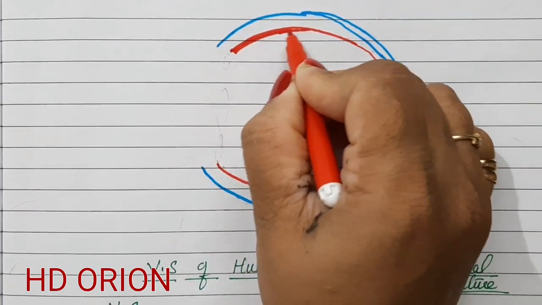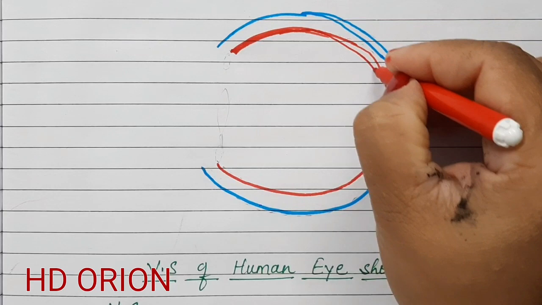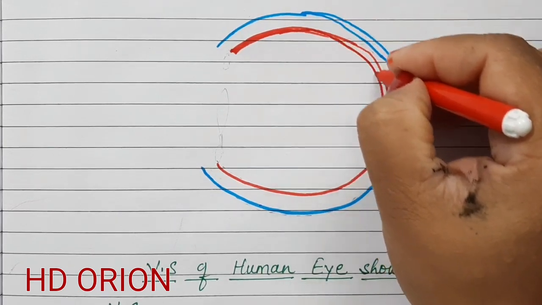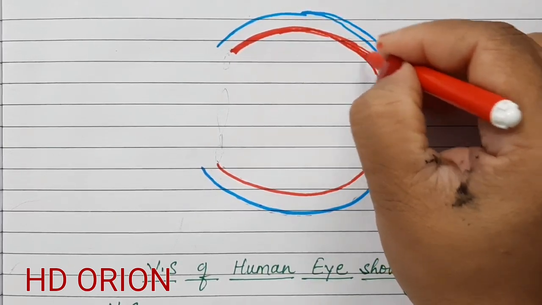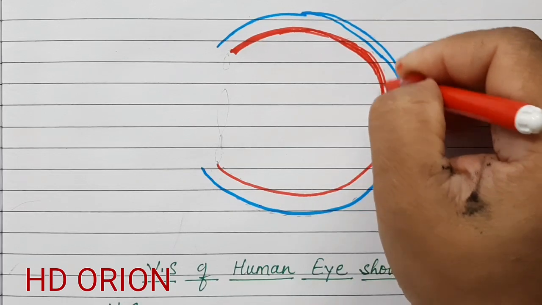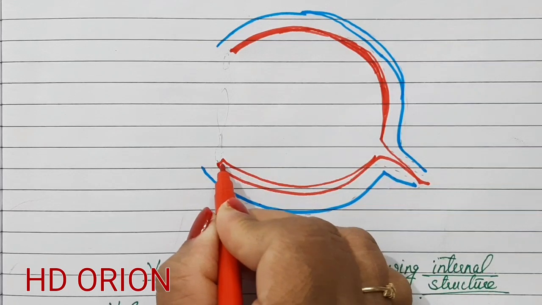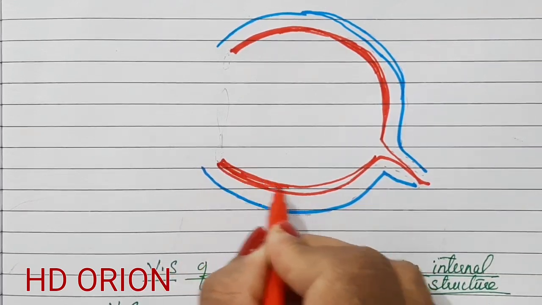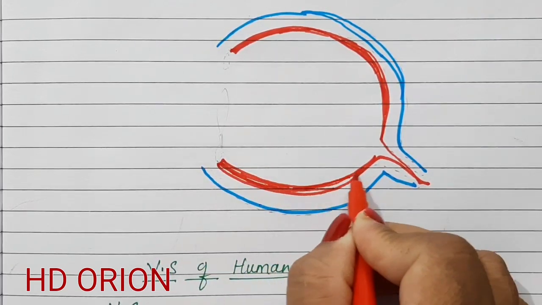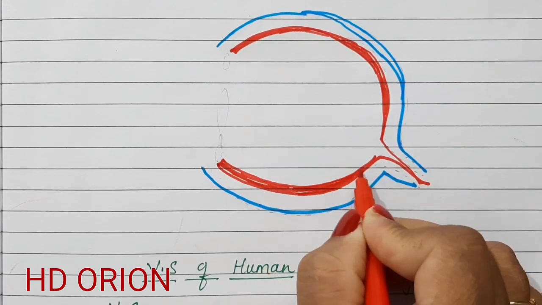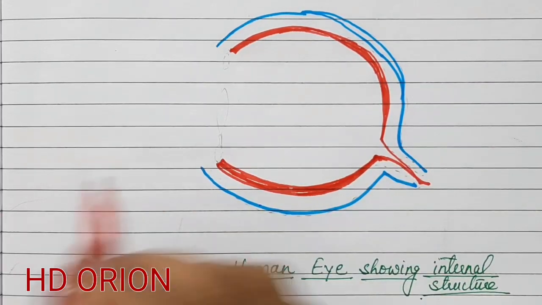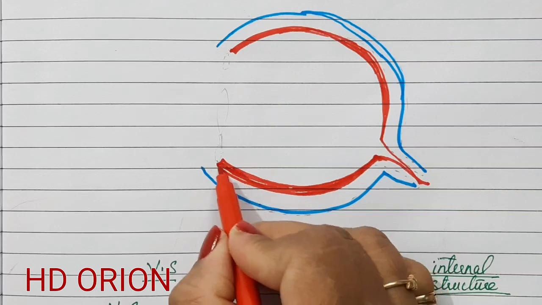The second layer is quite thick and is highly vascular, so I am drawing it in red. This shows the presence of blood vessels. What do you mean by being vascular? Vascular means the presence of blood vessels. The outermost layer is known as sclera or the white of the eye. The middle layer is the choroid,